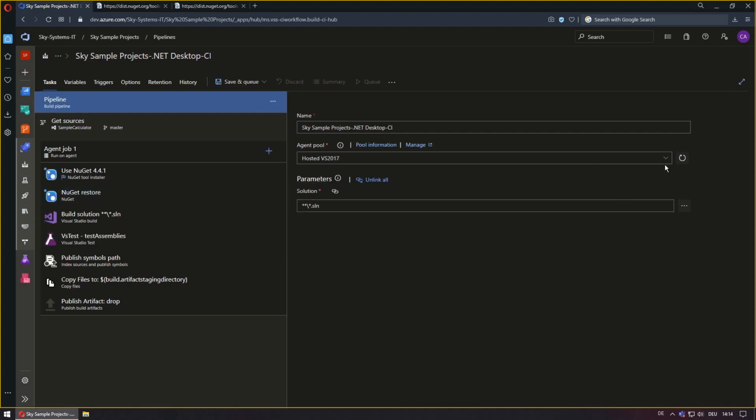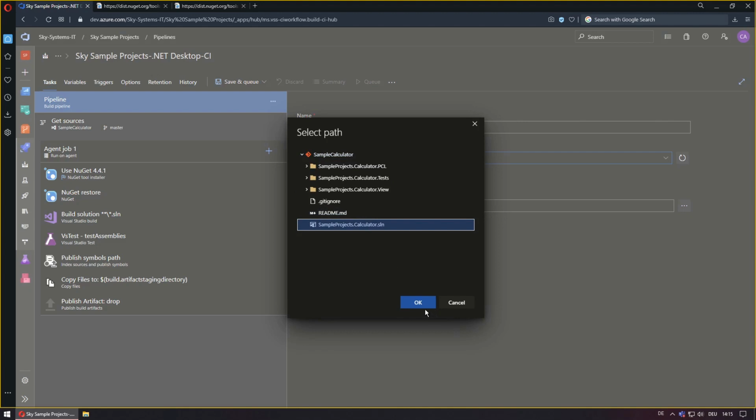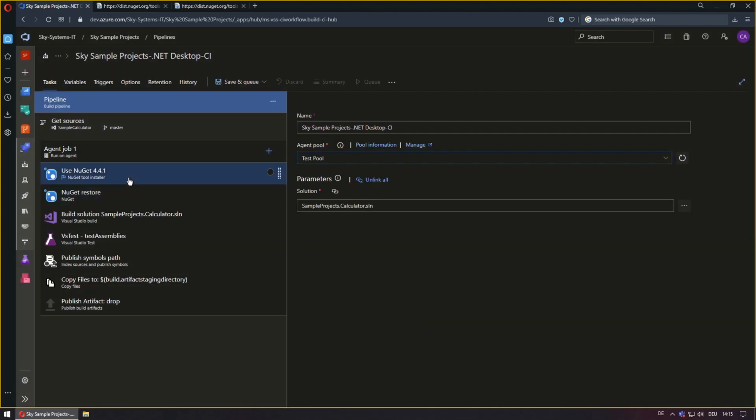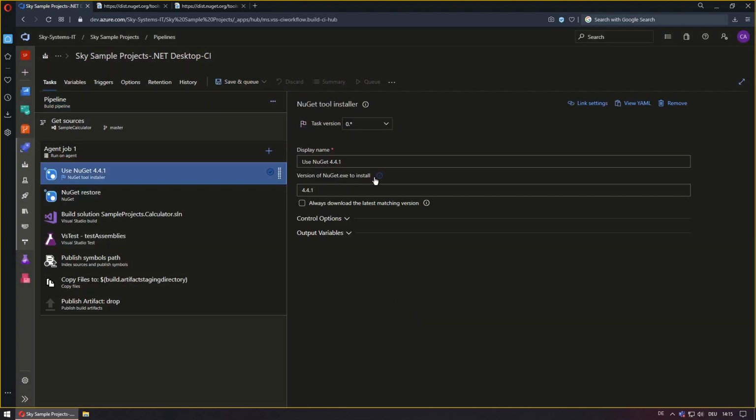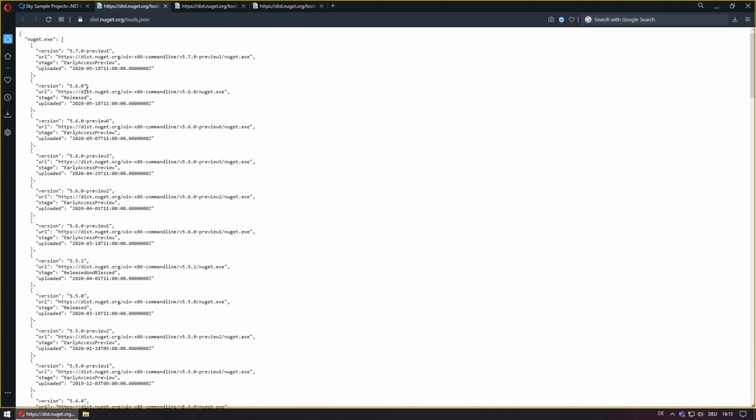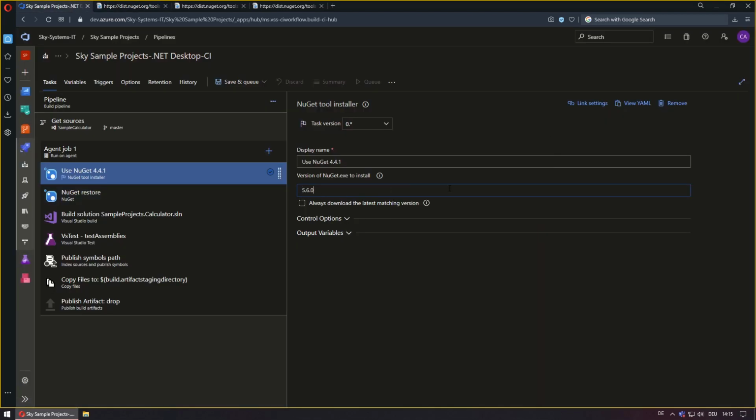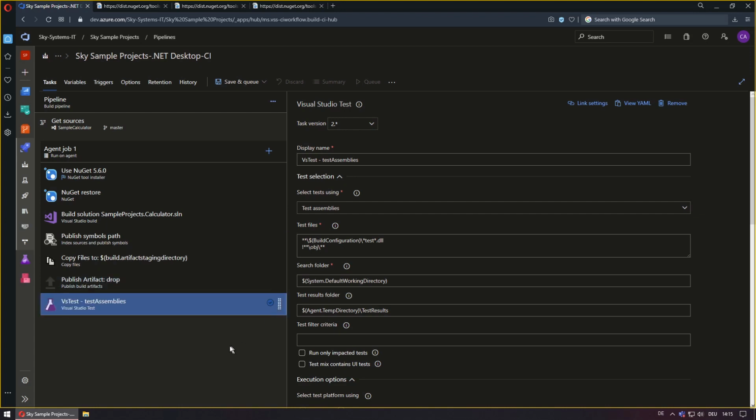Now what you want to do first is choose the agent pool we've created before. Now you can choose the solution used for the pipeline by clicking on the Browse Solution button and choose the solution. Now what you want to do is change the NuGet.exe version used. By clicking here you can see a list of all the available NuGet versions. Choose one and enter it. Now what you want to do next is pull the Visual Studio Test step to the bottom